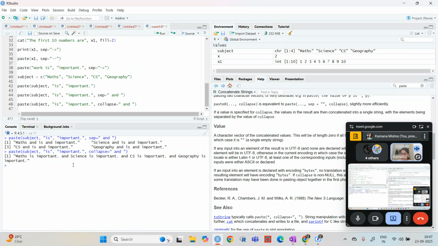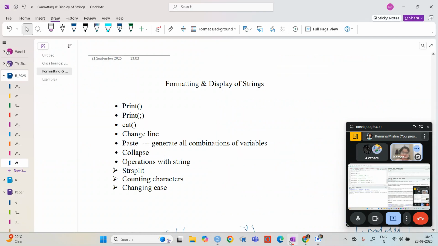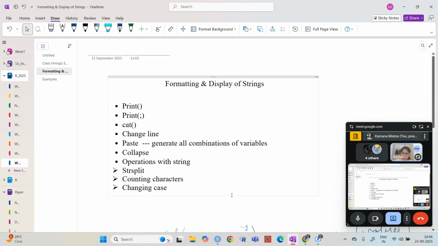Okay, so that is one thing we have seen. Now with that paste function, I can separate by this, I can separate by different lines. There are a lot of ways that we can do all these things.